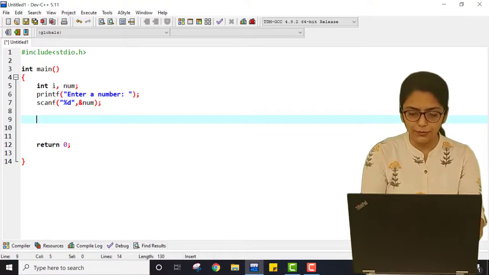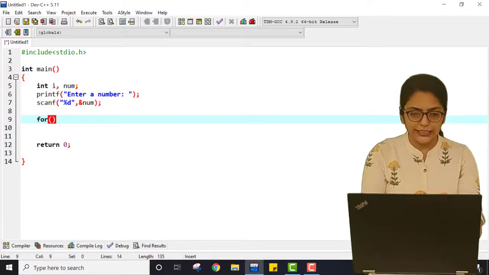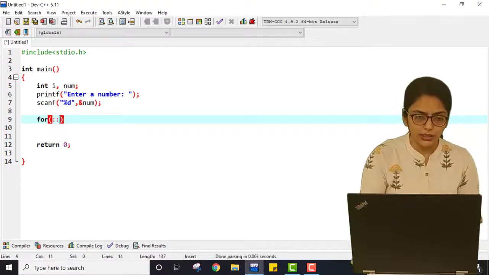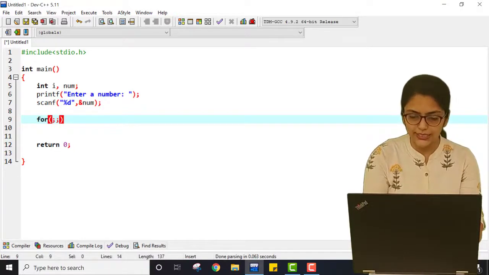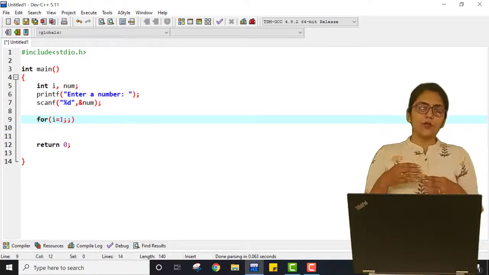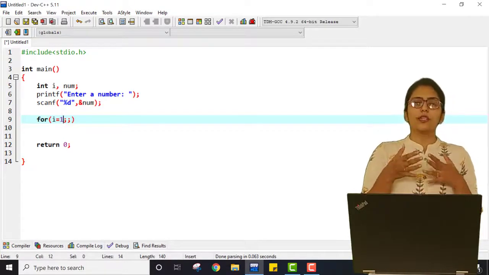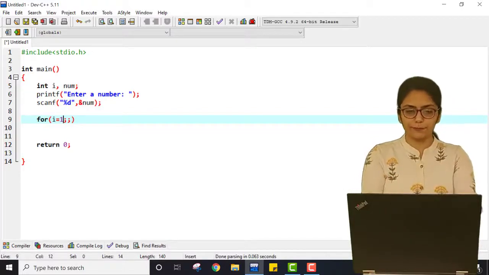Then I am creating a loop. I am creating a for loop in which I need to write two semicolons compulsorily. First I am initializing it by using i equal to 1. I can initialize i with any value, but here for the sake of simplicity I am initializing i with 1.